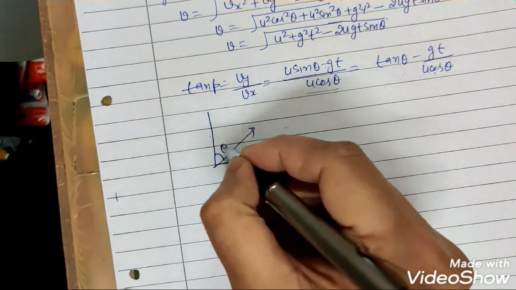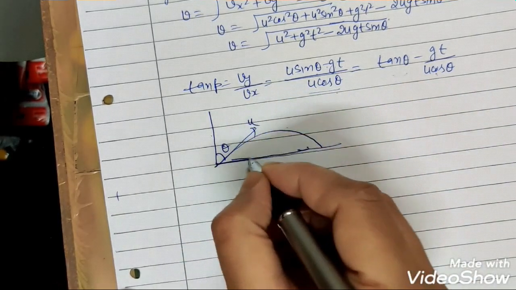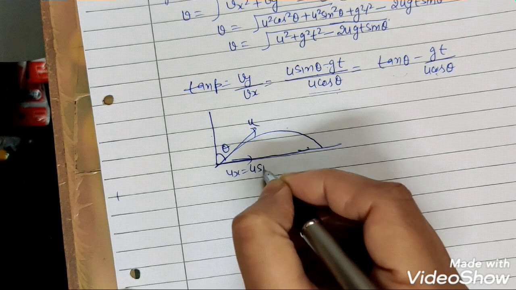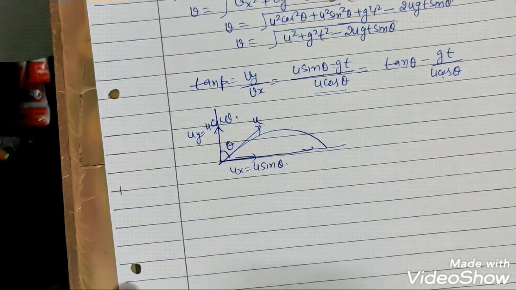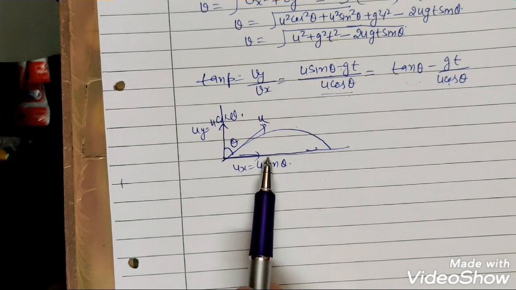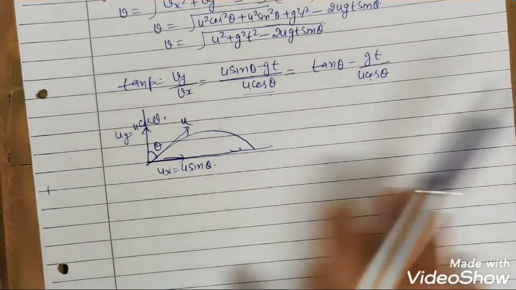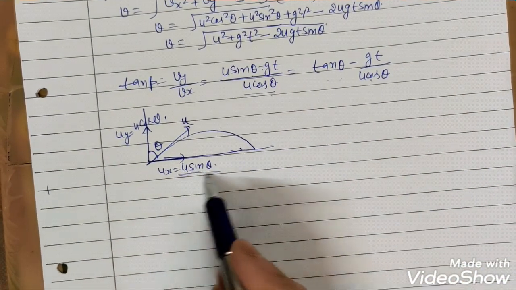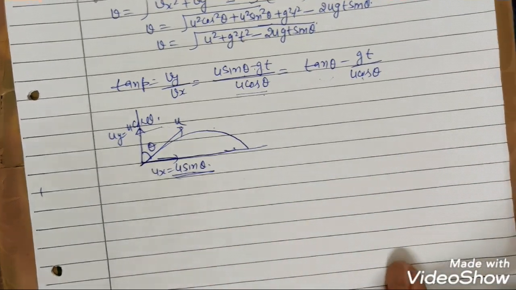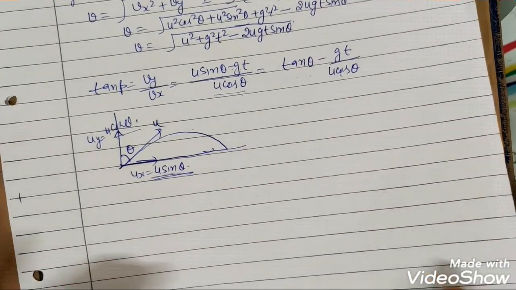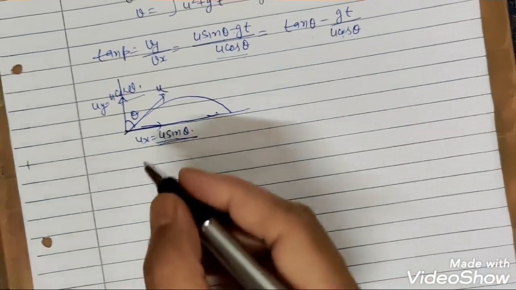And if this angle is considered with the vertical, the motion is again this, now in this case ux is u sine theta and uy is u cos theta. Here we're considering the x component sine theta and the y component cos theta, and we define the whole terms by taking ux as u sine theta and uy as u cos theta. All terms get reversed, but the horizontal range remains the same. So this is the motion in a plane, and this is the two-dimensional motion equation.